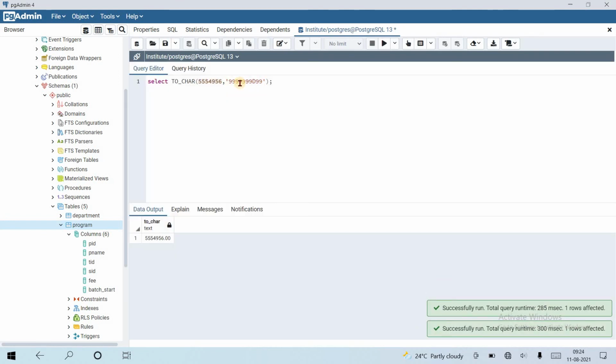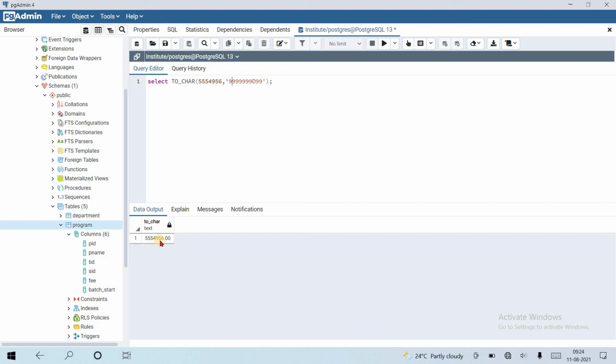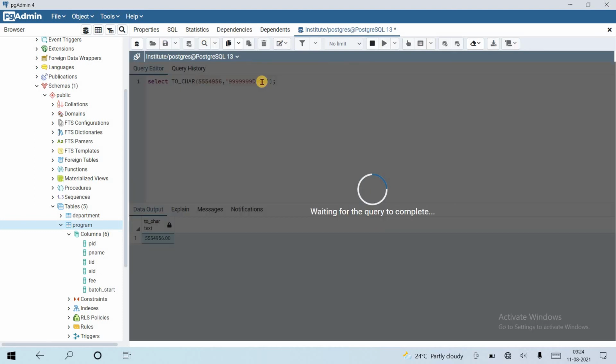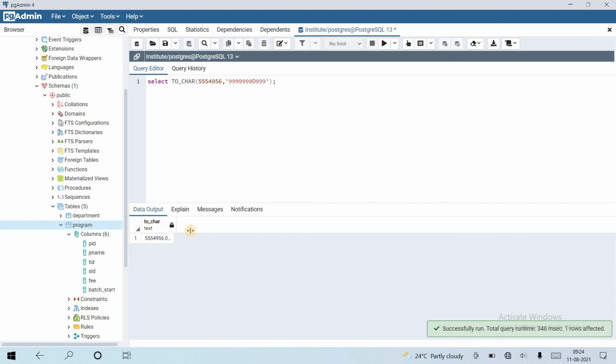Yes, now it is able to do this. Here it started from the left, the 7 digits are here before the decimal, and after the decimal we have reserved two numeric places, so that it occupies 9 digits. If I increase one 9 here, then it increases to 10.